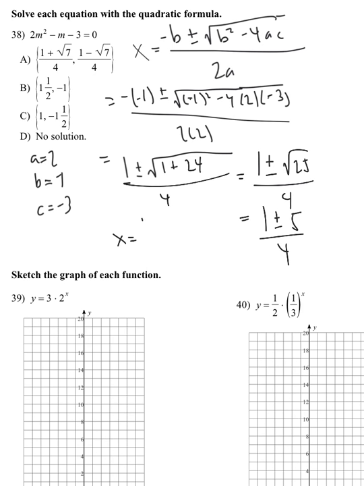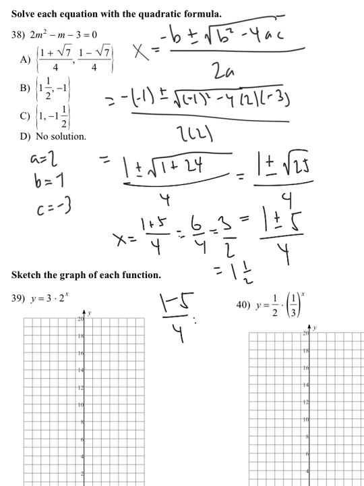So it's got to be 1 plus 5 over 4, which is, let's see, 6 over 4, which would simplify to 3 over 2, which is 1.5. So one of the answers has to be 1.5,